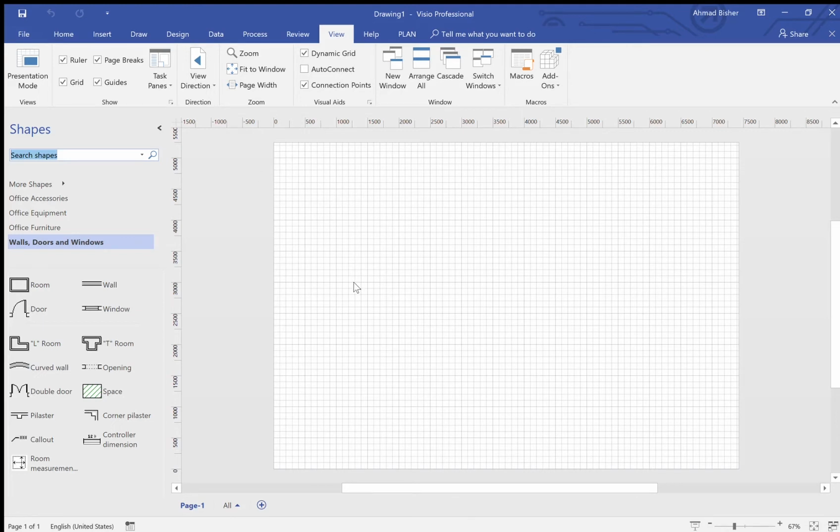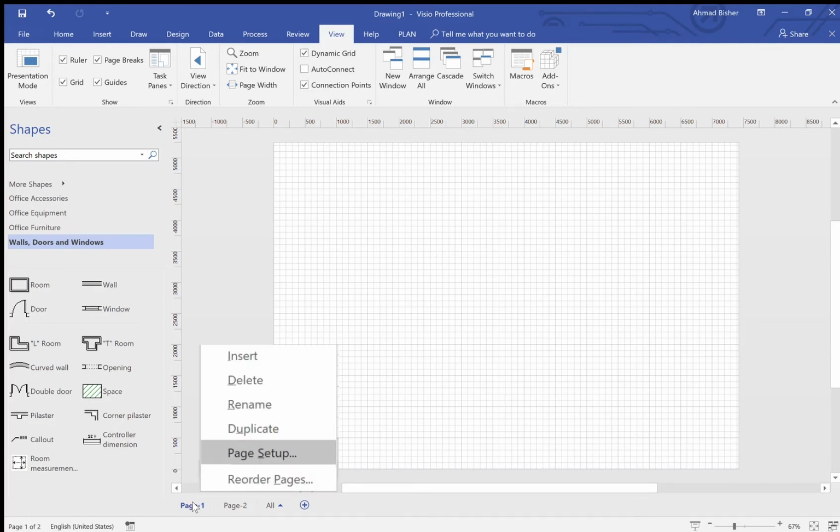Now I want to show you on the page here, you can see that there's page 1. This is the default name of this page, something similar to the tabs or the worksheets in Excel. You can have multiple worksheets. Same thing here, you can have multiple pages. So I can add another page. But if I want to go back to my previous page, page 1, right click on this and go to